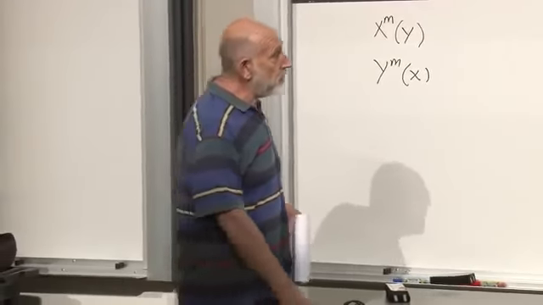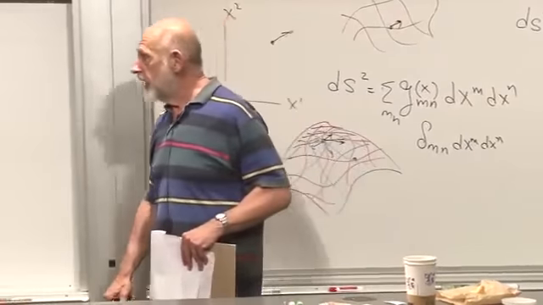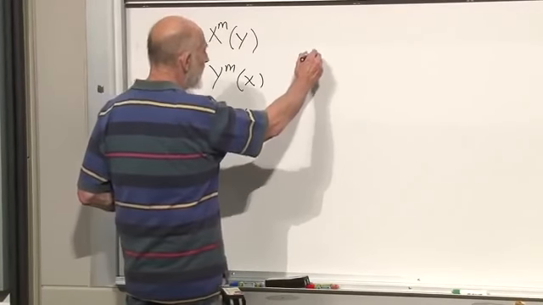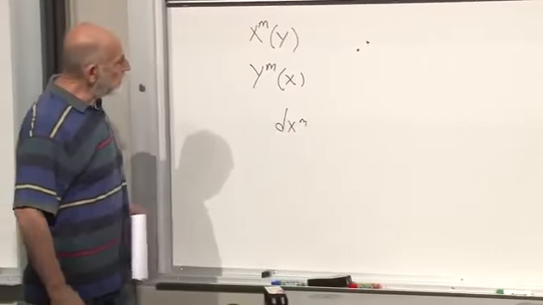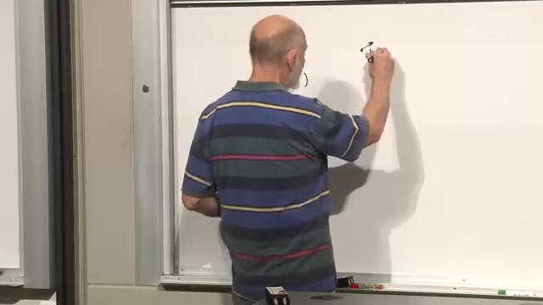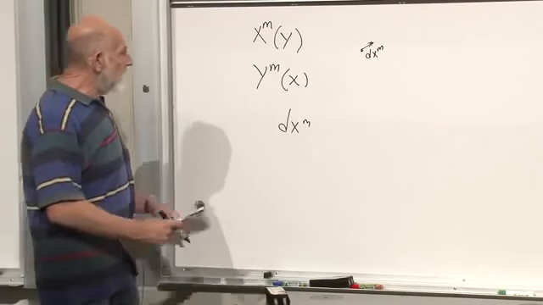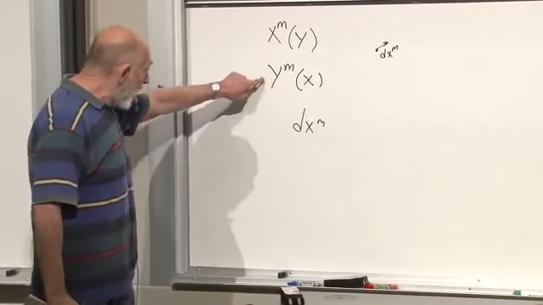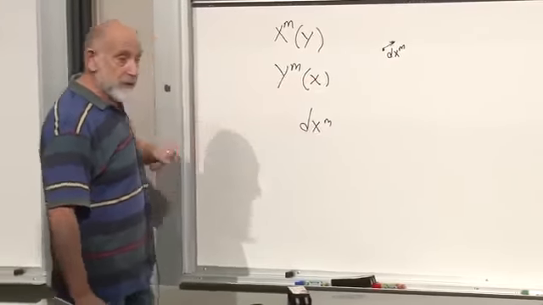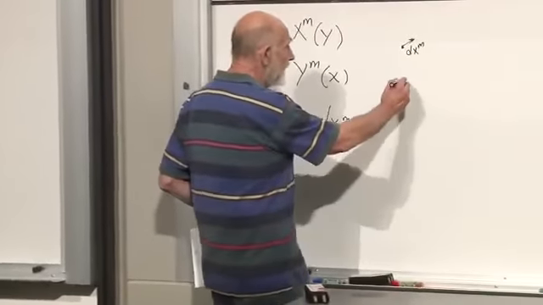And let's ask the question how these differential elements transform. In other words, given dx^m, that means given a pair of points neighboring each other, and a little dx^m, the differential separation between them, what's the corresponding differential separation of the y coordinates? This is the differential separation of the x coordinates. What's the differential separation of the y coordinates? A little bit of calculus will tell you the answer. dy^m